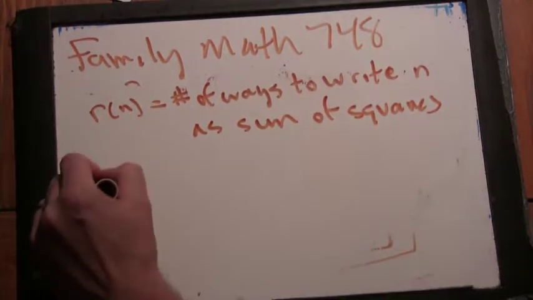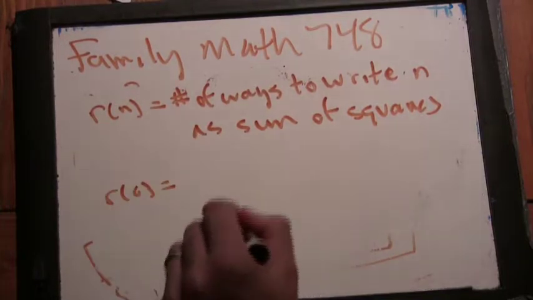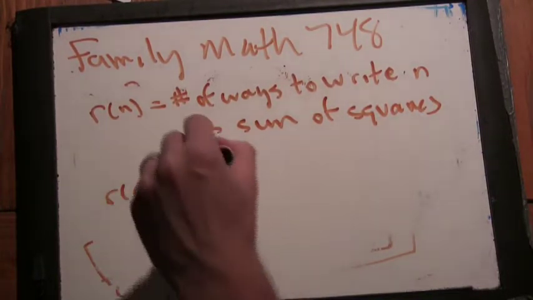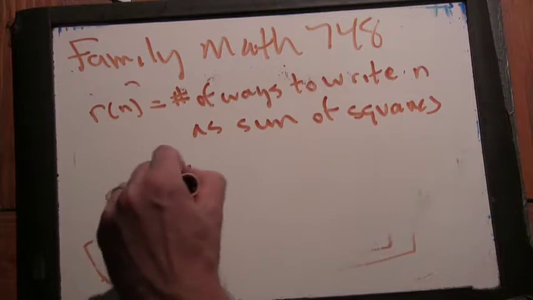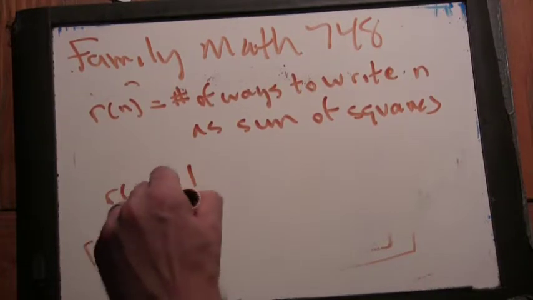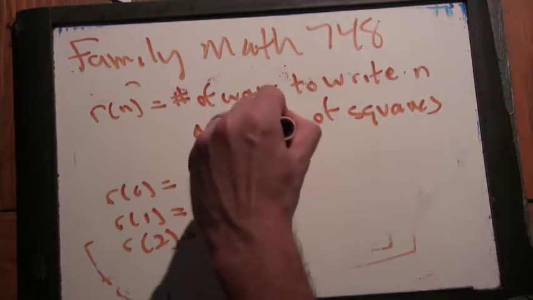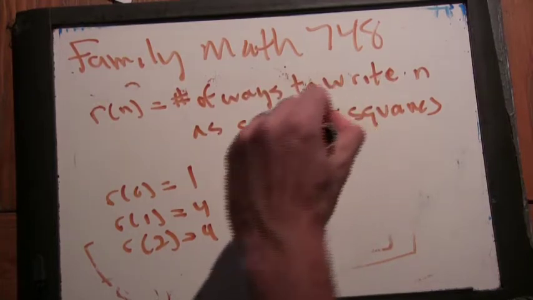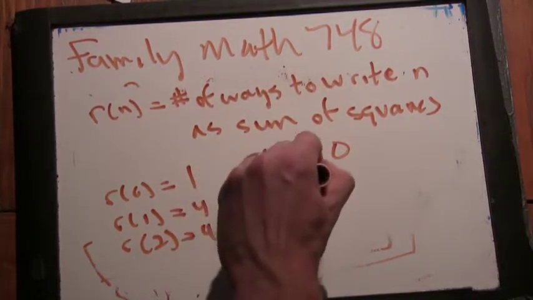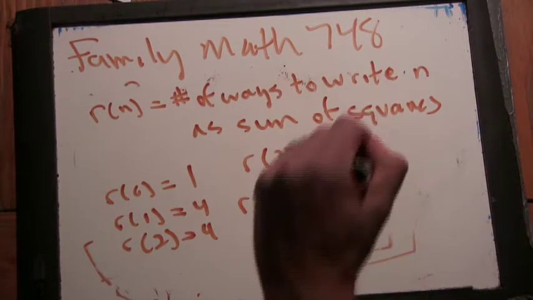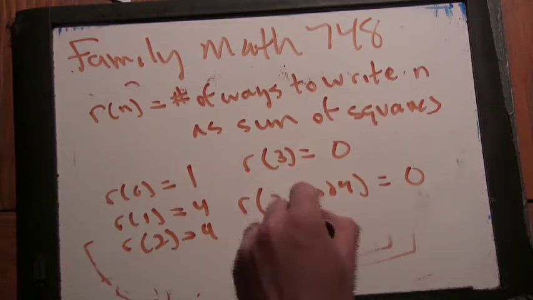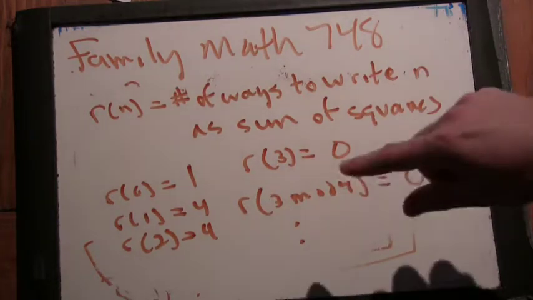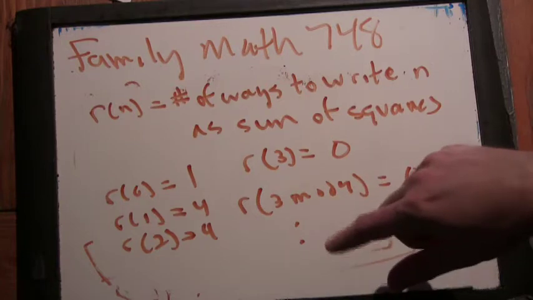It wiggles around a bit. R of 0 was 1. R of 1 is 4. R of 2 is also 4. R of 3 is 0. R of 3 mod 4 is 0. But other numbers can get big, and the book says actually you can make this number very big,